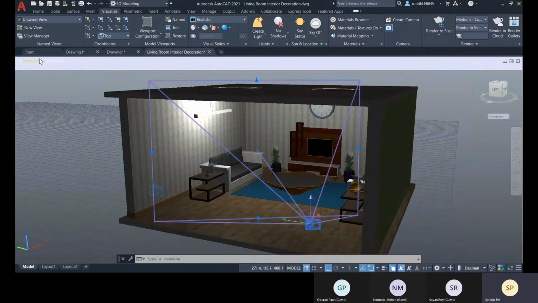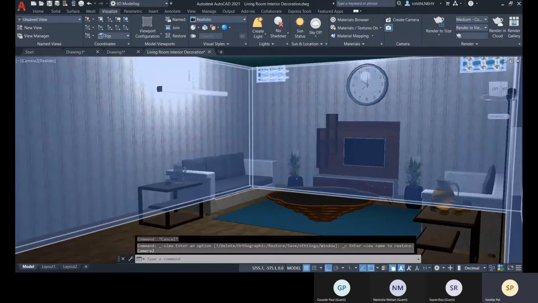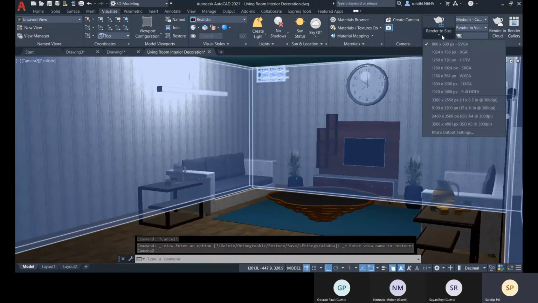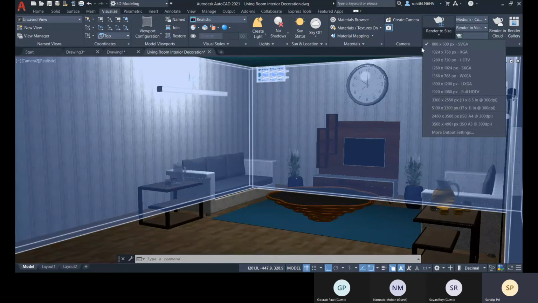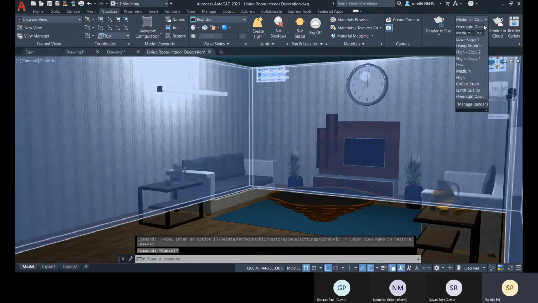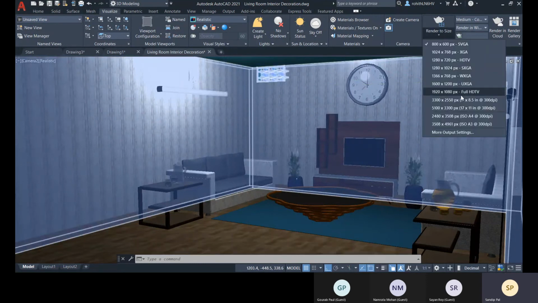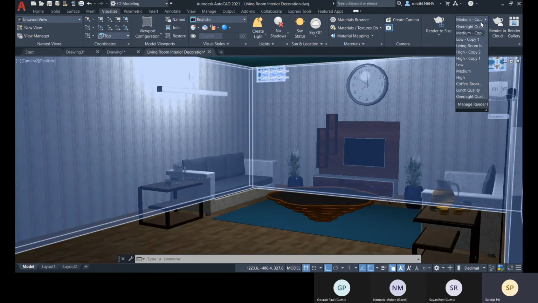Okay, and so let's select the camera too, and then you can go for the render, choose the right size. Go for the render size, and then you choose the quality. Let me choose the medium quality so it will be quick, otherwise it will take lots of time to render all the pixels.